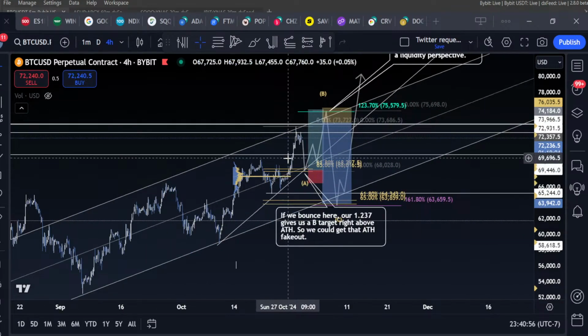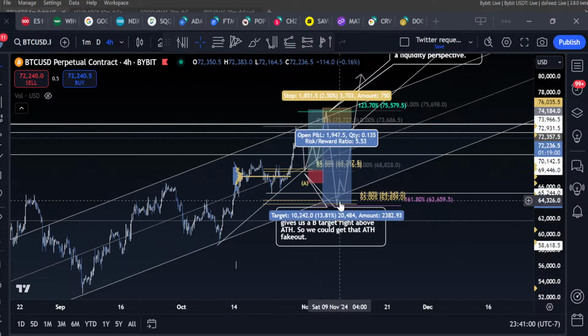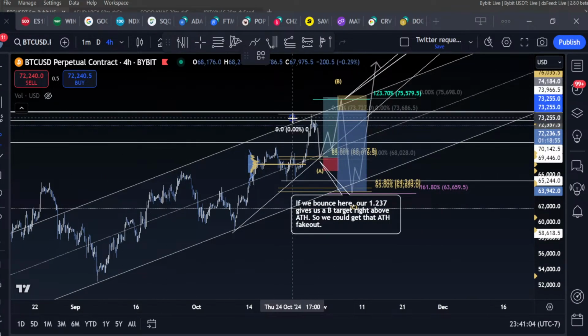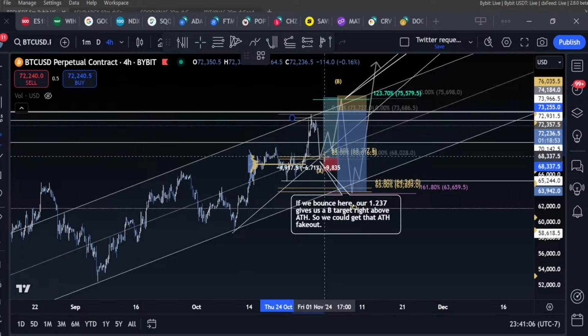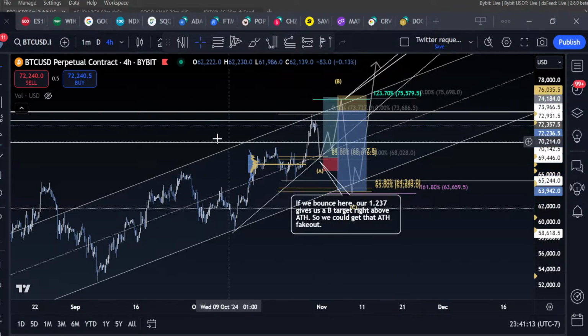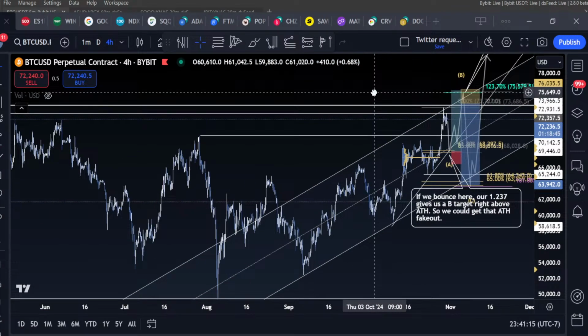There's going to be a lot of people betting the house on the breakout. You come and wipe out the liquidity, and then you have the move up. Something like this is still a 7% plus retracement from the wick of this high, and something like this would be like a 15% retracement from a failed breakout.